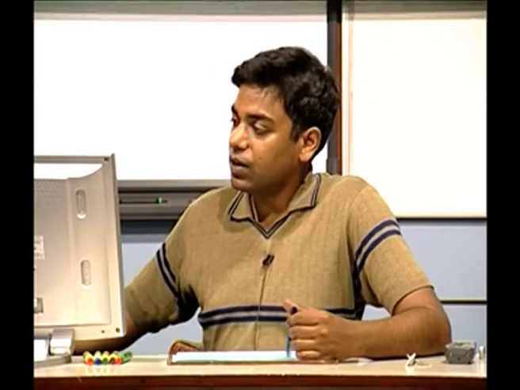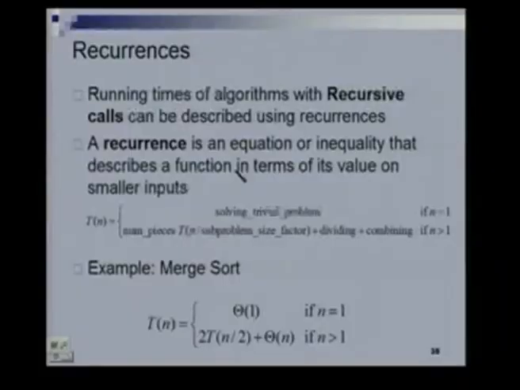It is basically an equation or inequality that describes a function in terms of its values at smaller inputs. In particular, for a divide and conquer kind of problem, if T of n denotes the time taken to solve a problem of size n, then it is equal to